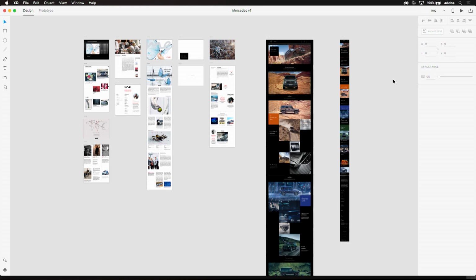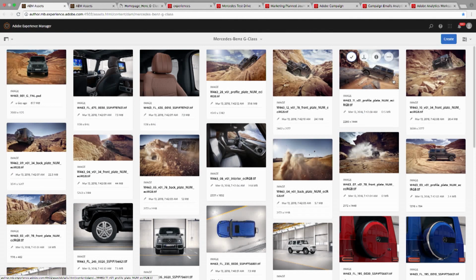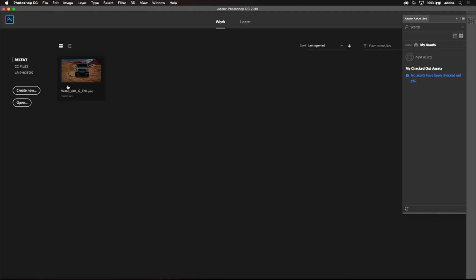I'm going to move across into Experience Manager now, where you can see we've gathered all of our assets together for this campaign that's being run. And I'll just draw your attention to this image up here in the top left. We've had some comments that for this campaign, it would be better to be more lush, more green, less deserty. So what I'm going to do is go into Photoshop, put on my creative hat, and show